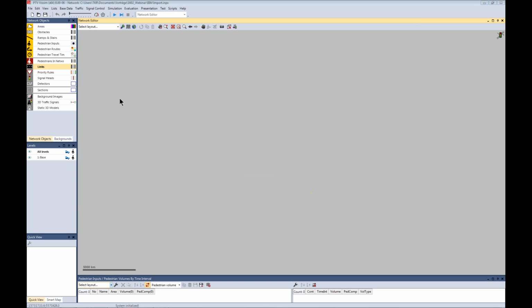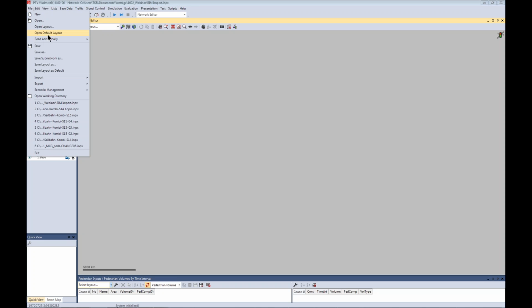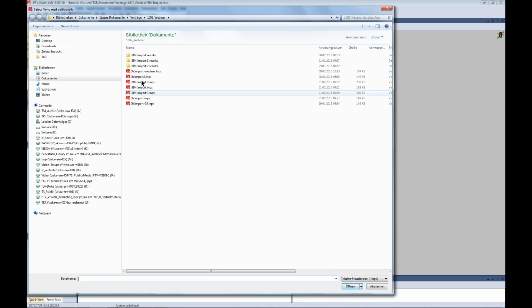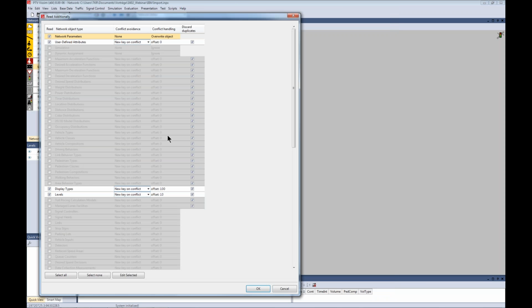You don't see the model here because it's not imported directly into the Viswalk which you have open, but we need an additional step with read additionally, network, and here is our file which we have created. IFC import webinar, okay, open, and these are the objects which we want to import,